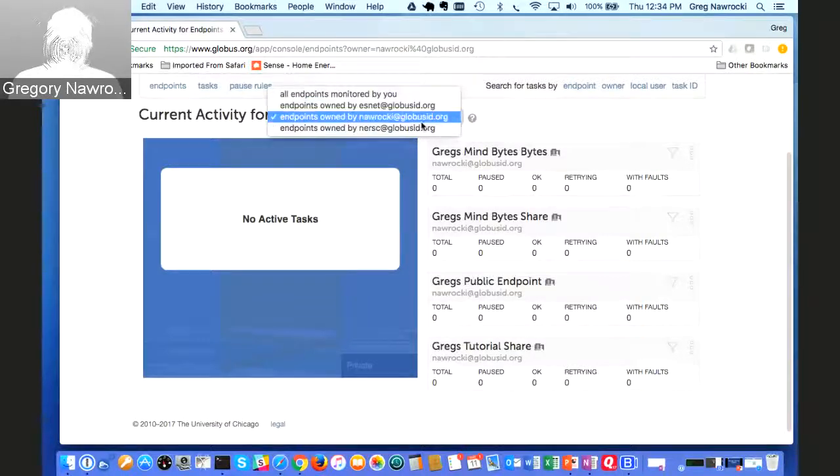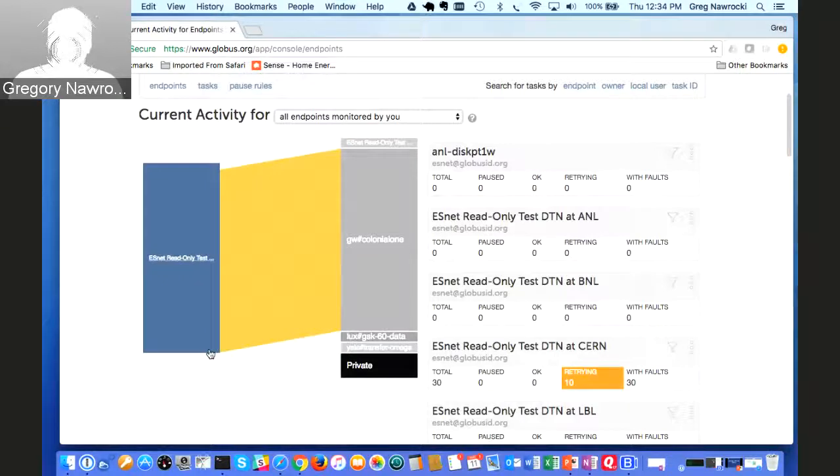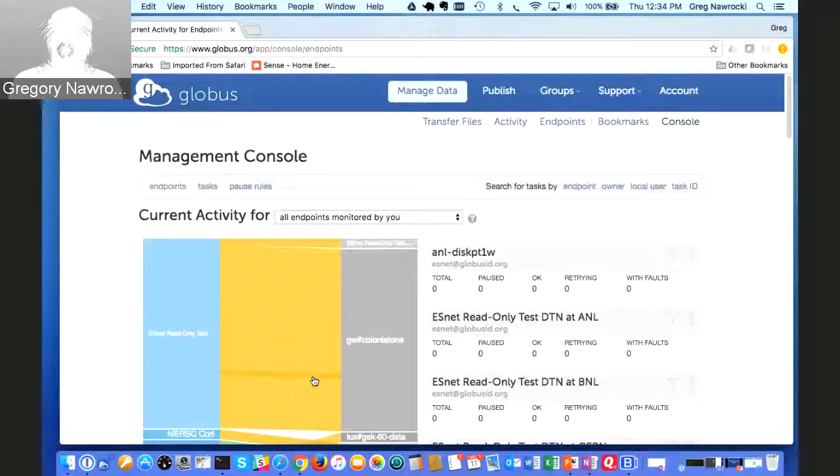But if I go back to this monitored, so I'm monitoring these endpoints, I can see files, successful transfers. I can see transfers that are having some trouble. You can see there's some retries going on here. If I'm the administrator of that endpoint, I can use this console to pause some transfers if I want to do some maintenance. So I can set up pause rules, or at certain times various things happen. So there's a lot you can do from this management console, whether you just want to monitor, or if you are going to actually do some control on there.